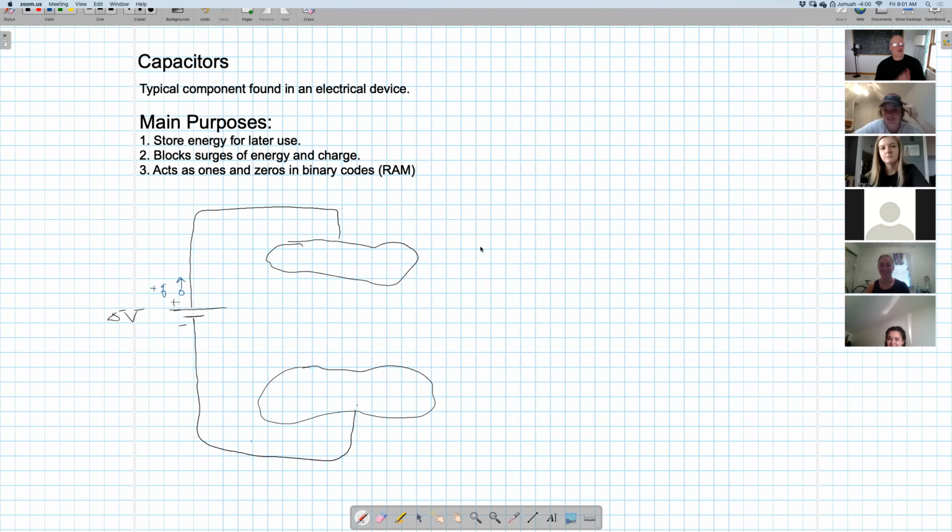All right, so good. So capacitors. So capacitors are typical components which are found in electric